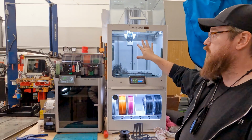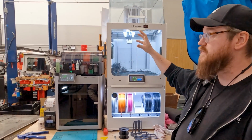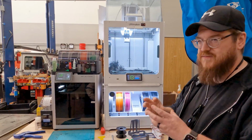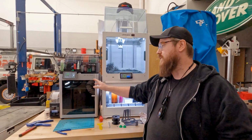So it can print support material and whatever you're printing at the same time. It can print rubber parts and plastic parts into each other. So you can make all kinds of really interesting combinations of things. A huge difference with the